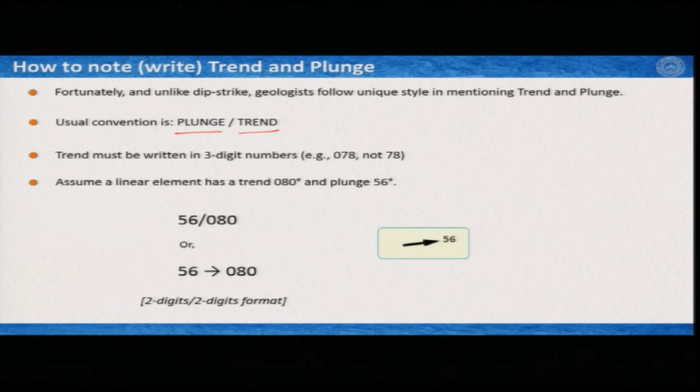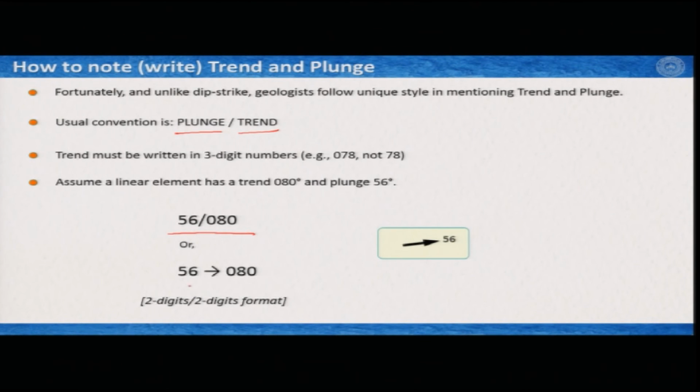This is simply because trend is measured on the horizontal plane, it is an azimuth, so it is better to write it in 3 digits. If we assume a linear element that has a trend of 080 degrees and plunges 56 degrees, that means it plunges 56 degrees towards 080 degrees. Then you can write it in 2 different ways in your notebook after measurement in the field,